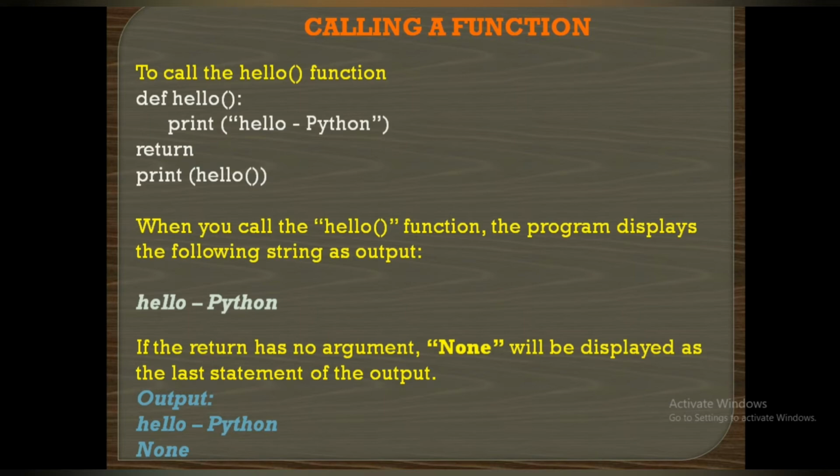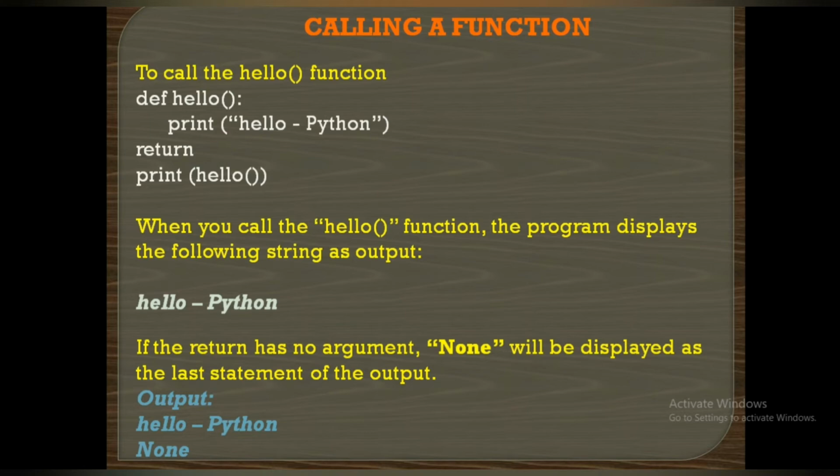And then you put parenthesis. Here no parameter is passed, that's why we just put empty parenthesis, and then you write a colon. After the colon you specify the function definition. Here the function block has only one statement, a print statement, inside this function. So write print hello Python. We just display the message hello Python, and then the return statement is used to return the control to the calling program.